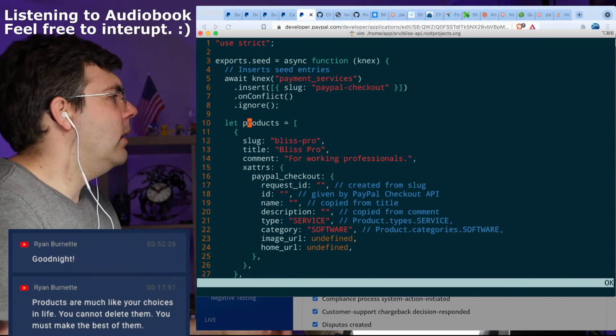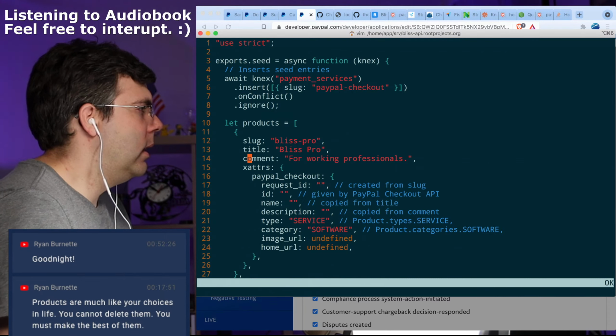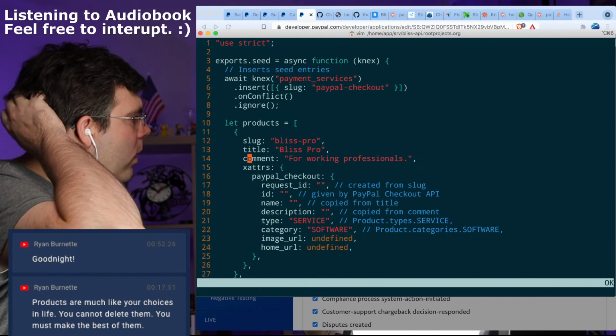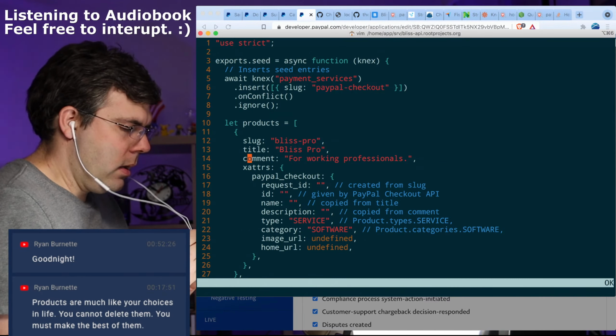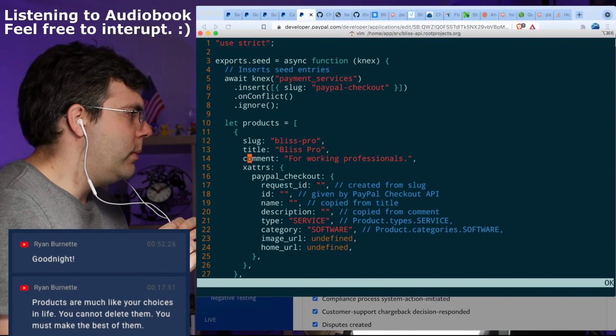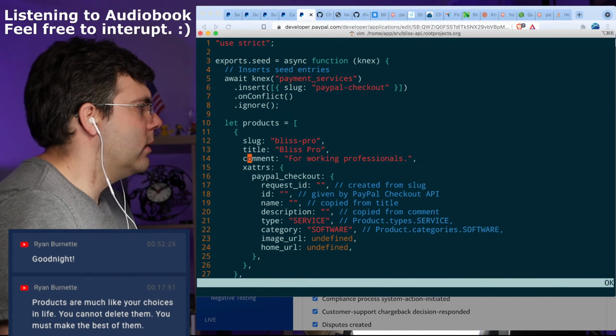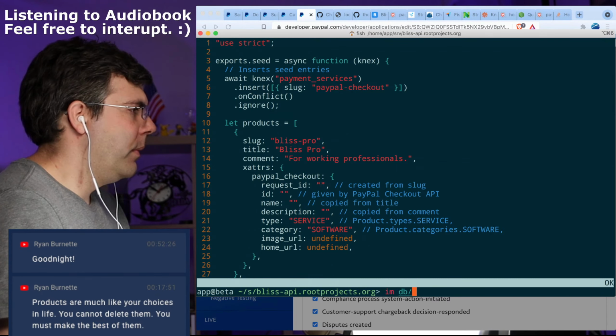That way, the only thing that I can update here and have it work the way that I want it to is if I update the description. If anything else changes, I'm kind of dead in the water.